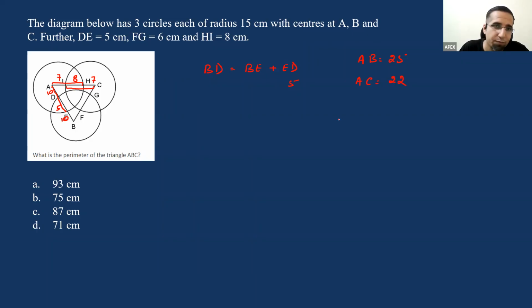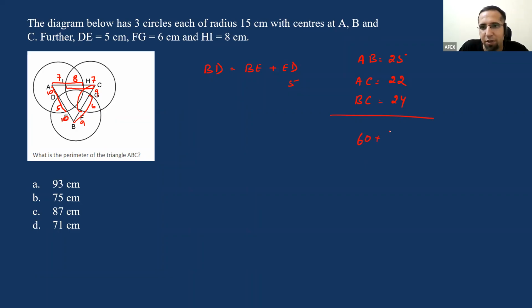will give me 22. Again, on these lines, BG is the radius of this part of the circle. FG, given to me, is 6, so this part becomes 9. Similarly, CF is the radius, and this is also equal to 9. So 9 plus 9 is equal to 18, and 18 plus 6 is equal to 24. Clear? So these are the 3 different sides of the triangle, and the question asks for the perimeter of the triangle,